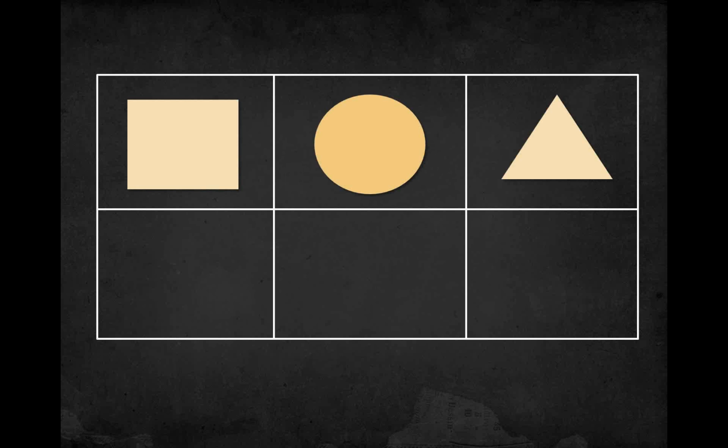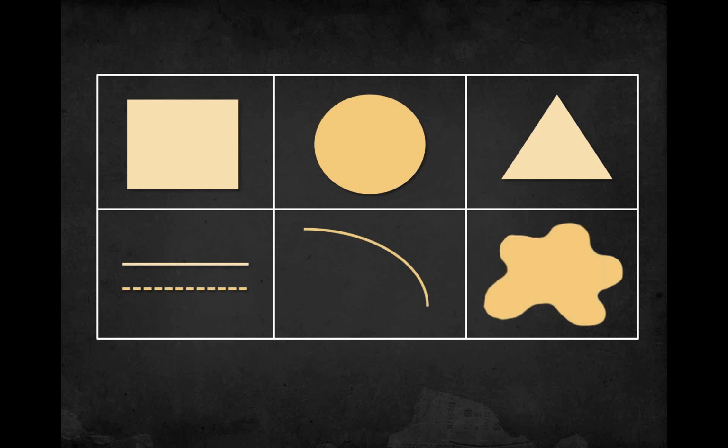Let's look at shapes. We've got our geometric shapes, and notice that each one of these kind of gives you a different feeling, a different sensation. Perception is like that. And we've got different kinds of lines and organic shapes. And these are some of the components of visual language. There's also texture and color.